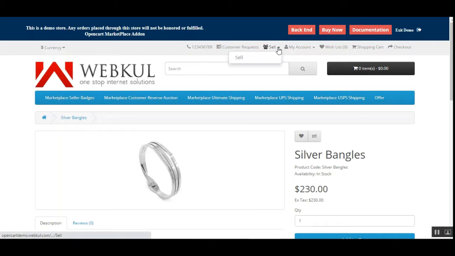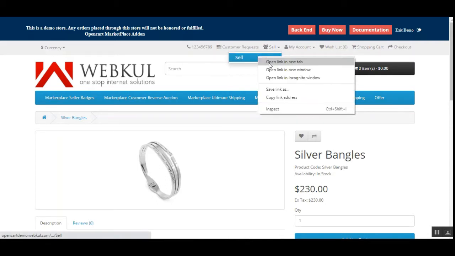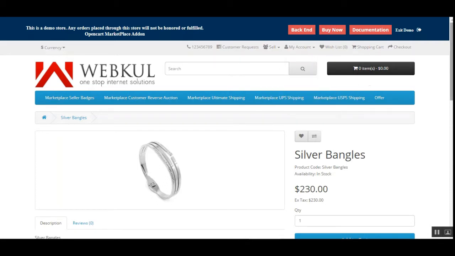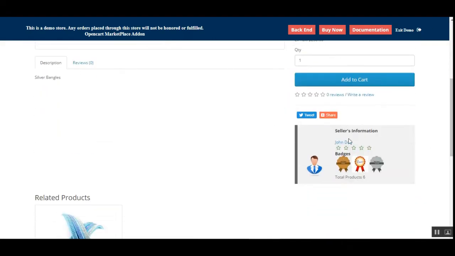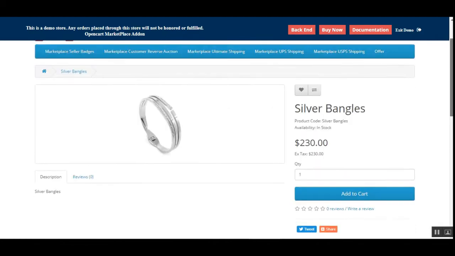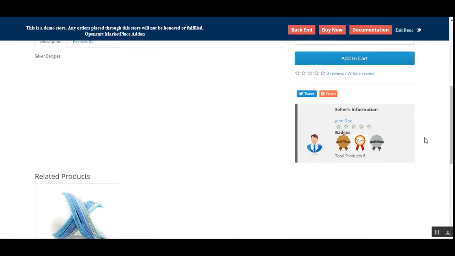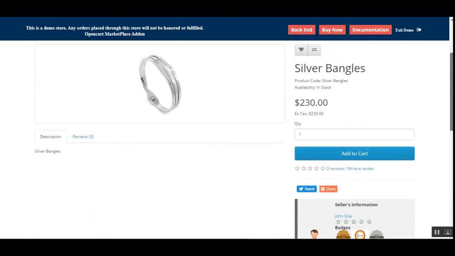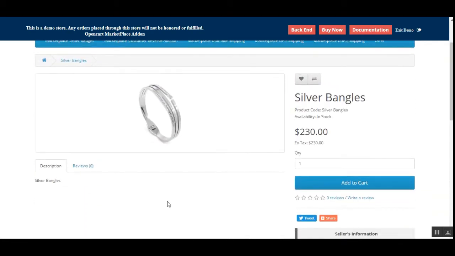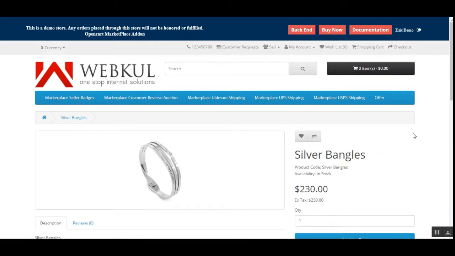That's the marketplace page. So if I tap here and go to the sell page, let me open that up in another window. So right now you can see this is the customer flow. On the product page we have these badges for this particular seller whose product we are selling, and the customer wants to purchase that. So the customer can check the seller's info, the ratings and the badges that have been assigned, and the total products as well. Right now, as you can see, the details for the products that he sells within your Opencart